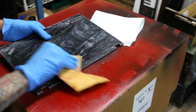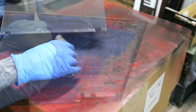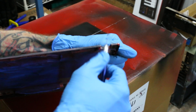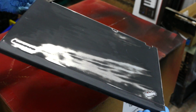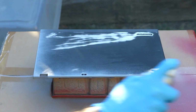I didn't know it at the time, but reflecting back now, I really do think that it had something to do with this rubberized coating on top of the top panel. My other ThinkPad also has this rubber coating, but I think that on this one in particular, it was just deteriorating or eroding in a way that was affecting the paint on top,